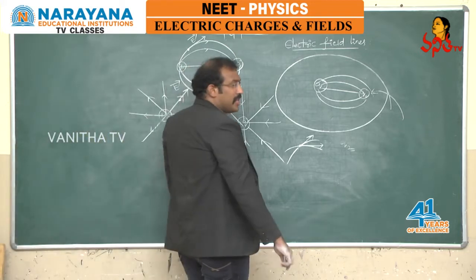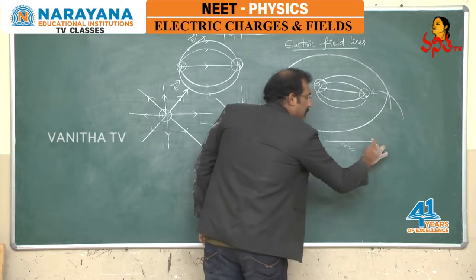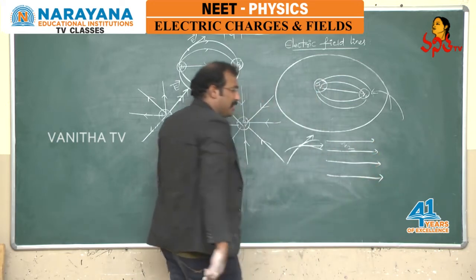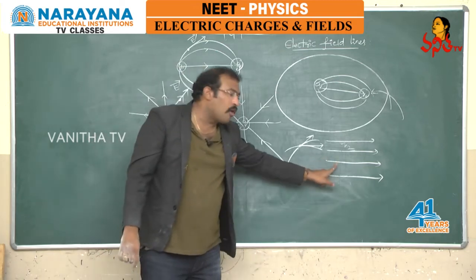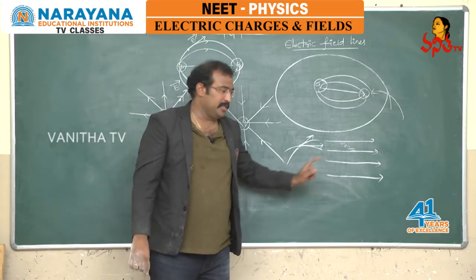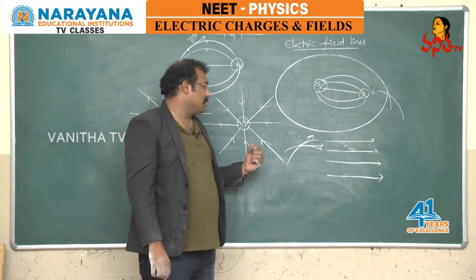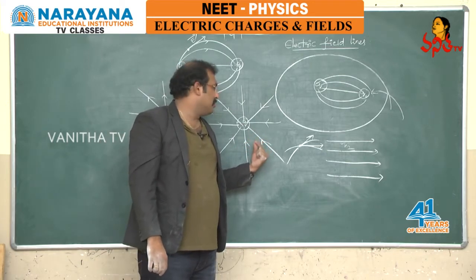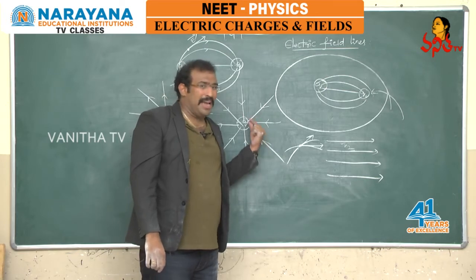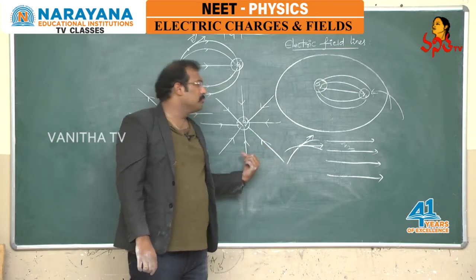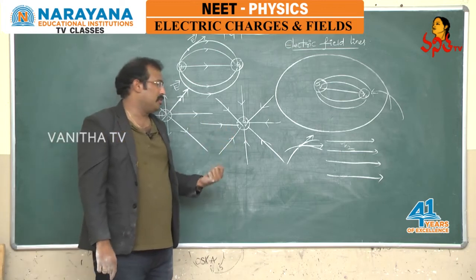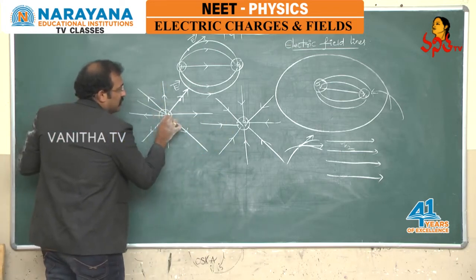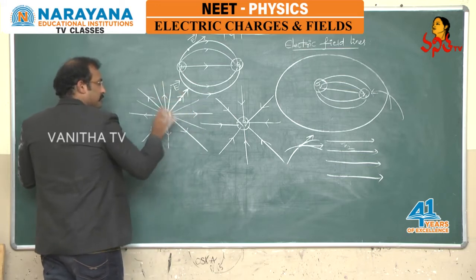And also we can say if the field lines are parallel to each other and are equally spaced, such a field is called a uniform electric field. If the field lines are large in quantity at a given point, it is said that the field is maximum at that point. The field is large at that point. So for example, if I write for a positive charge, the field lines would be like this.